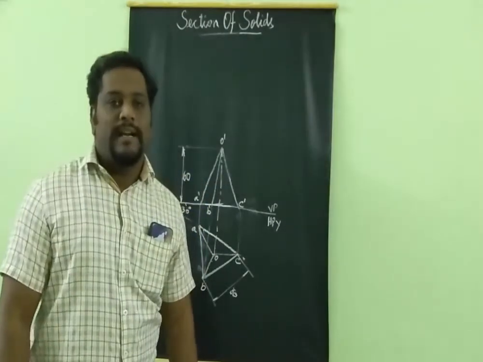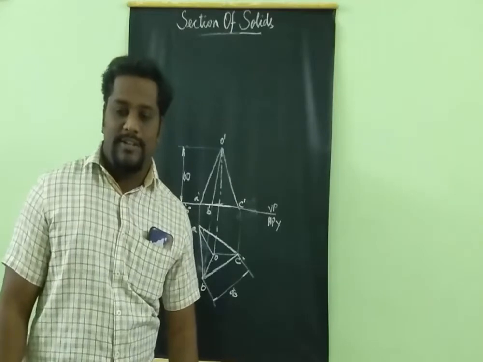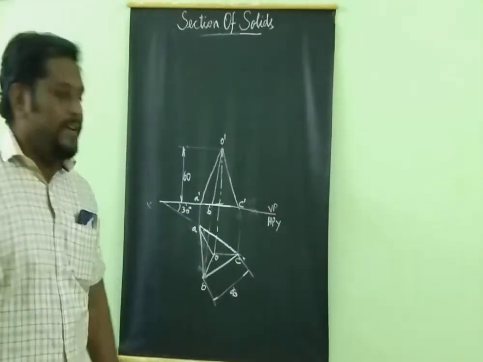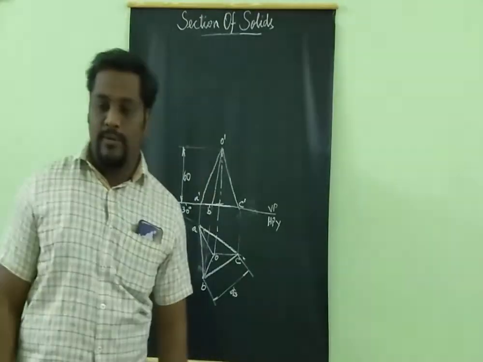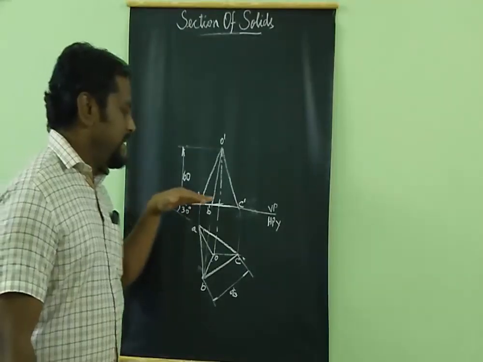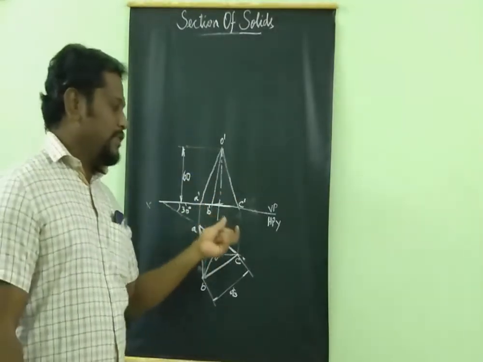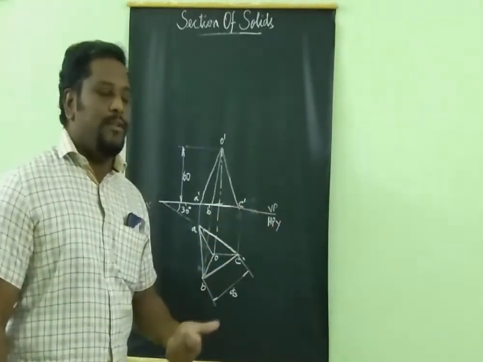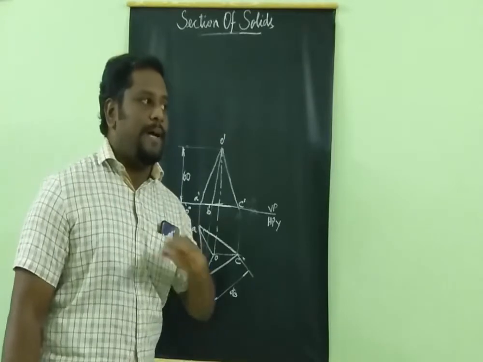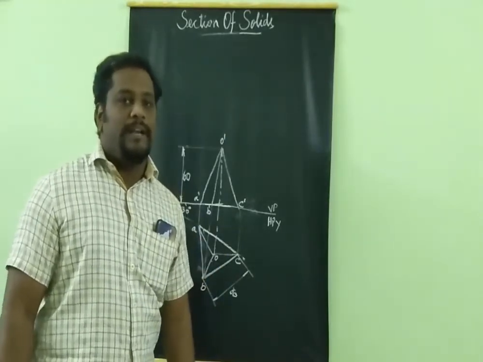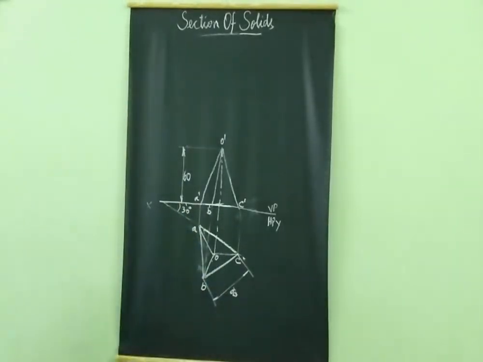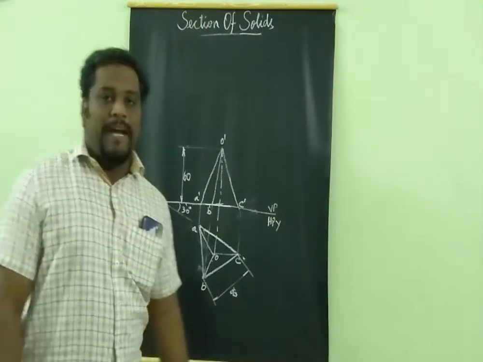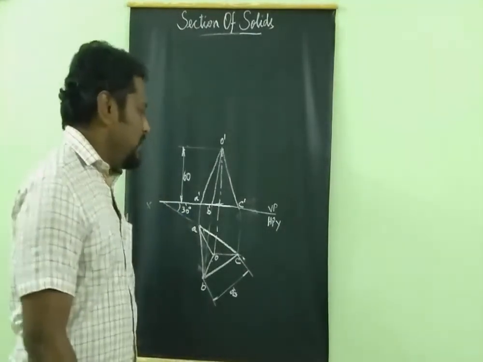Next thing, the cutting plane. The given conditions are, it is cut by a plane inclined at 45 degree, so 45 degree to the base. So once it is inclined to the base, then you can assume that it is inclined to the horizontal plane. When it is inclined to the horizontal plane, you can assume that the base is parallel to the horizontal plane. Okay.